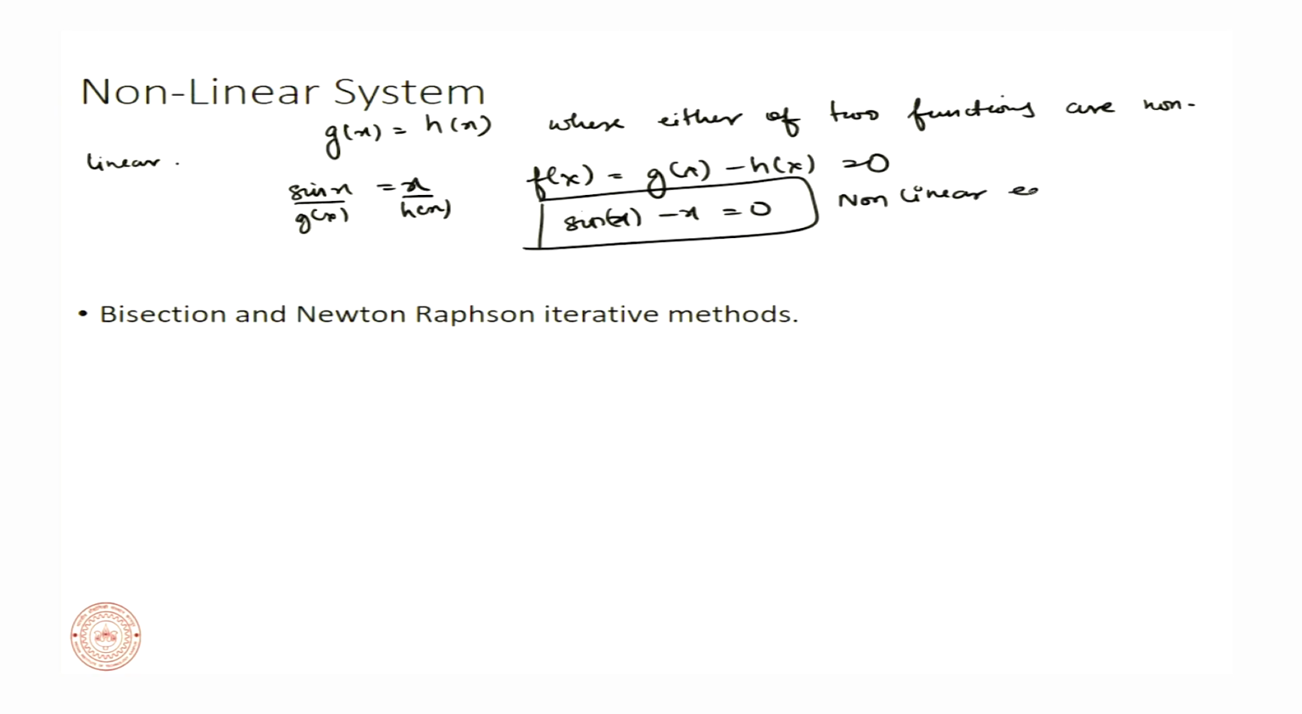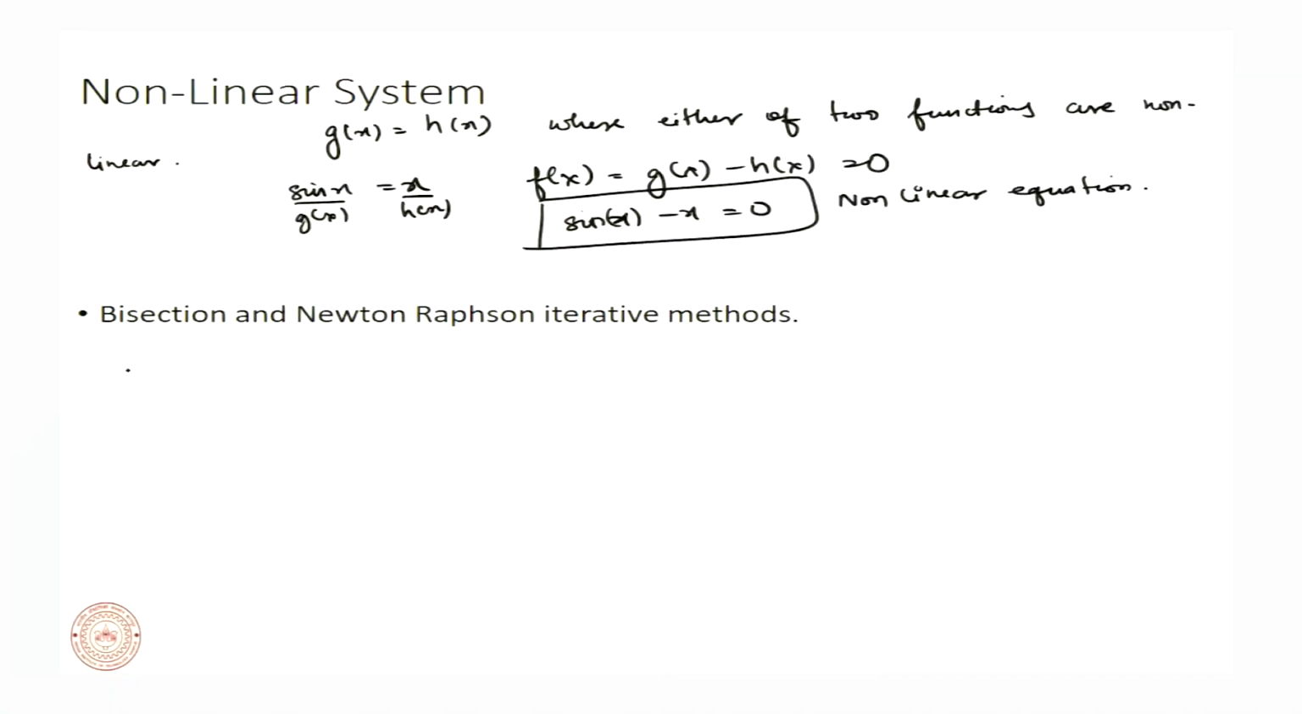Now this nonlinear equation can be solved analytically or numerically. Since we are talking about numerical methods, we will go over two algorithms. The first is called the bisection method and the second is called the Newton-Raphson method. Both of them are iterative processes. So the bisection method,